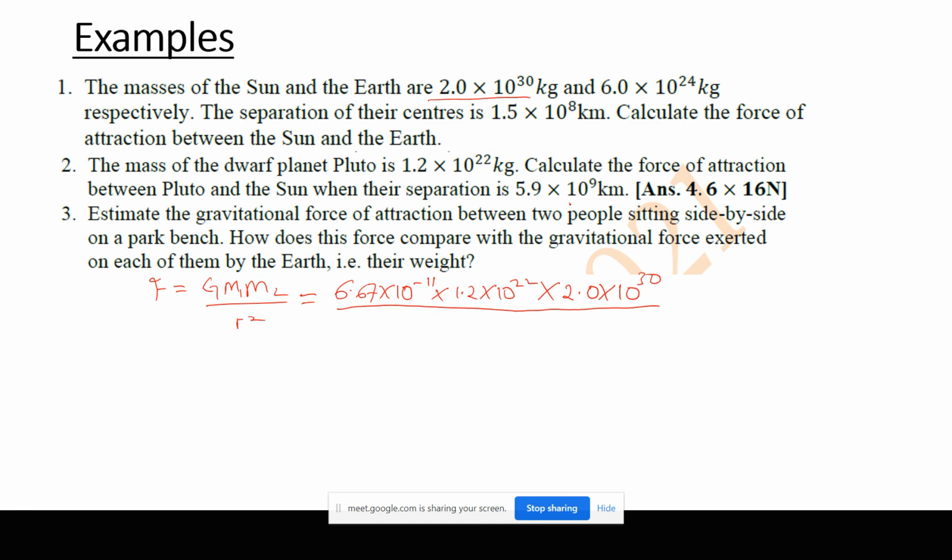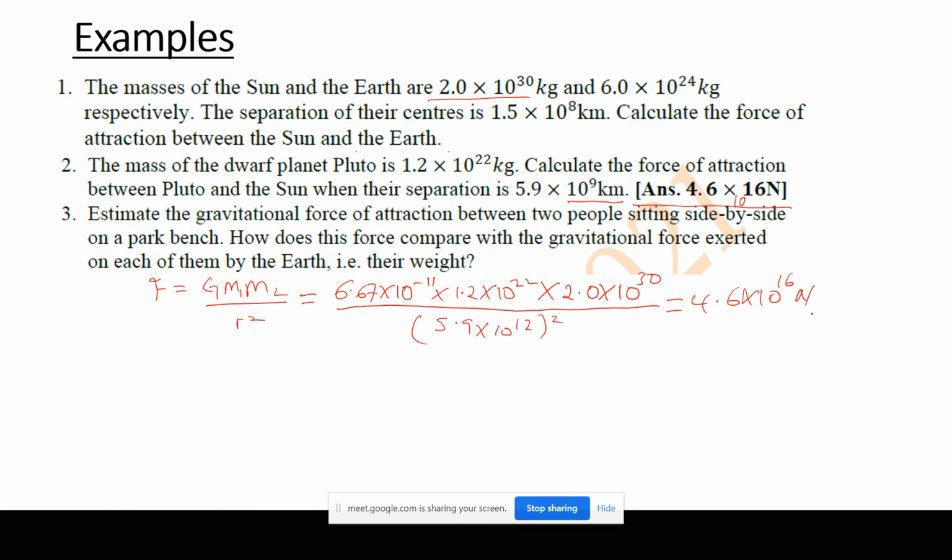Because this is given in kilometers, I will change it to meters. So this will be 5.9 times 10 power, I think that would be 12, but this should be squared. You can press your calculator to check if this is correct. I think maybe this is times 10 power 16. It's just 4.6 times 10 power 16. Yeah. Okay, now